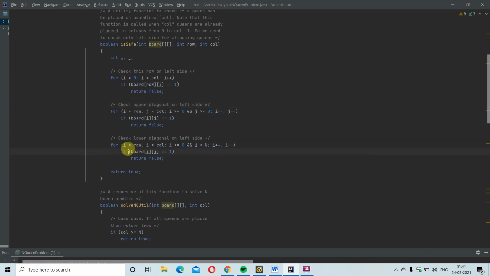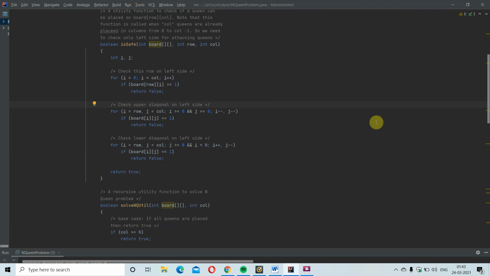For that I am using a for loop, assigning i equal to row, j equal to column, and j greater than or equal to 0, and i less than n, i plus plus, j minus minus, simultaneously rows and columns. I am checking whether board of i j is equal to 1. If it is 1, I return false. If not, I will return true. The same holds true for the upper diagonal also.